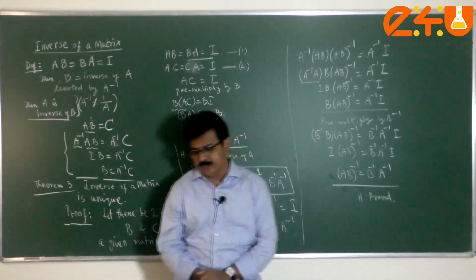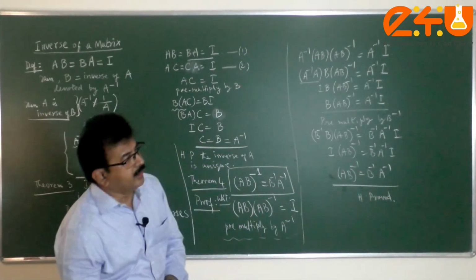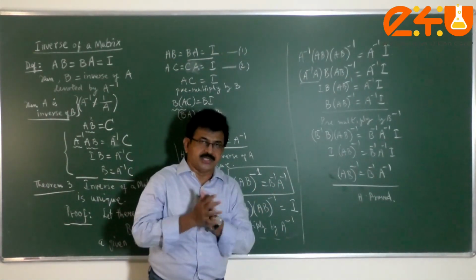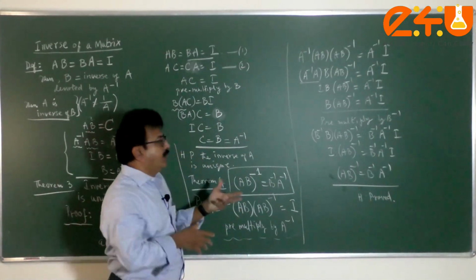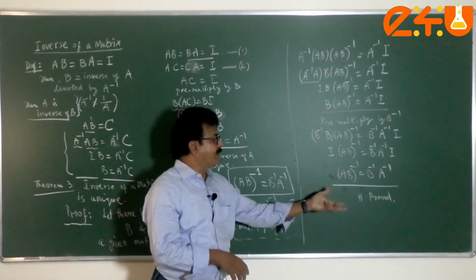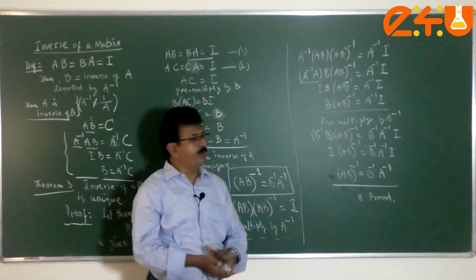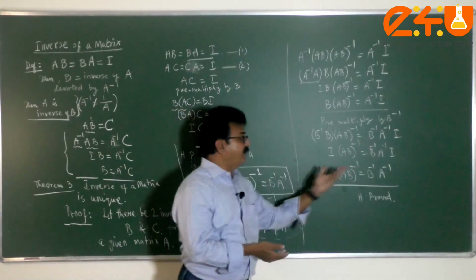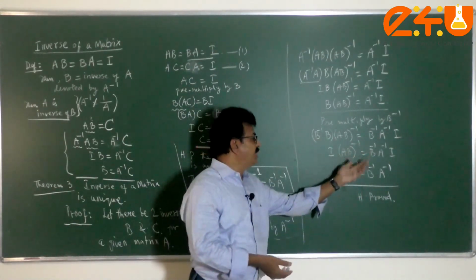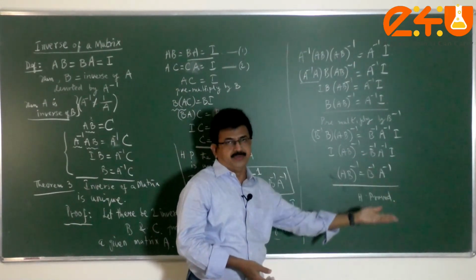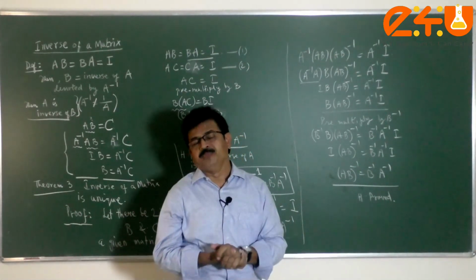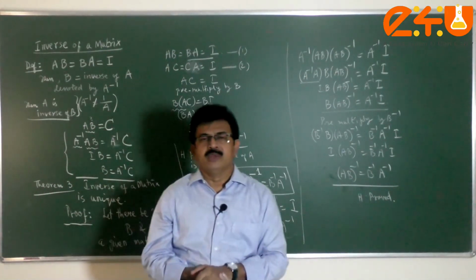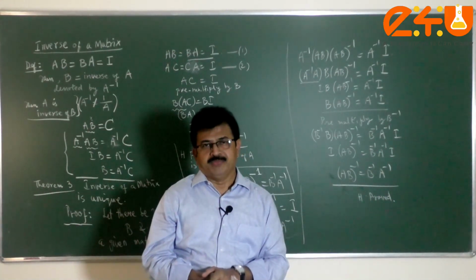So the students will have to conceptually understand this, because there can be MCQs prepared based on this concept. There can be very short questions, or there can be a long answer question asking you to verify whether (AB) whole inverse is B inverse times A inverse. So all sorts of questions are possible based on this concept. Please try to understand. I will meet you in the next session with the row operation. Thank you, students.